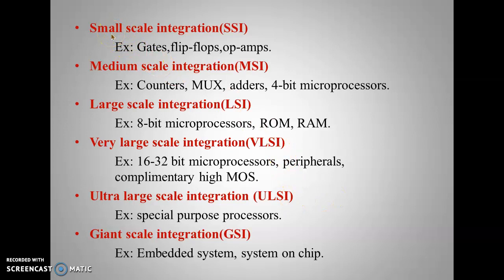In that, the first one is small scale integrated circuit. Next one is MSI, medium scale integrated. Next one is LSI, large scale integrated. VLSI, very large scale integration. And next ULSI, that is ultra large scale integration. And nowadays we are going with giant scale integration. So these generations came into existence depending upon the number of components, or instances, or the number of gates which are used for designing a particular circuit. Right? So these are the different generations.